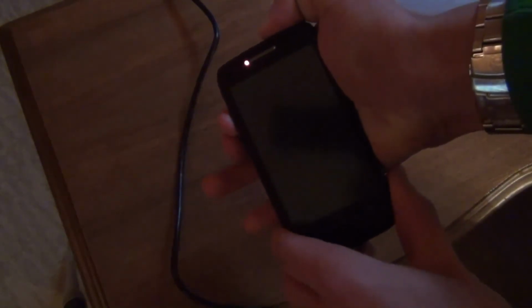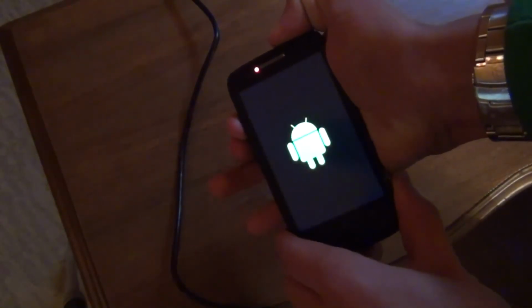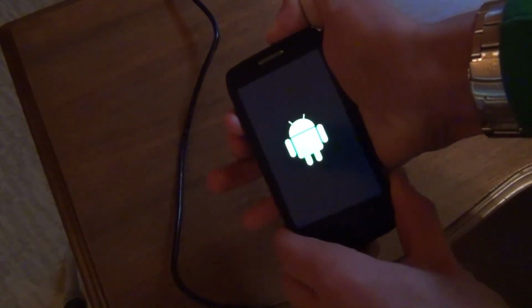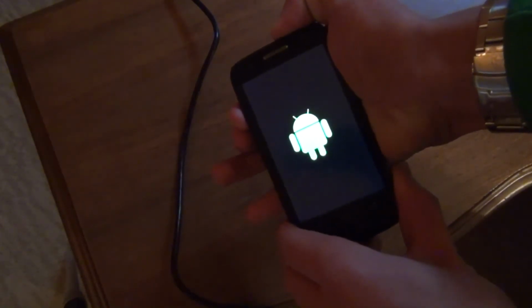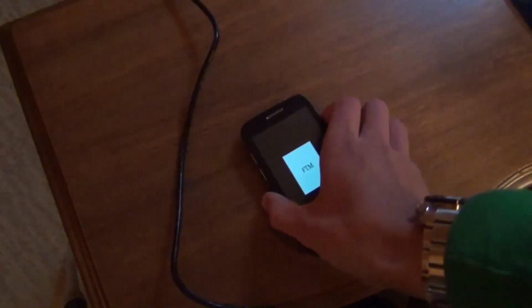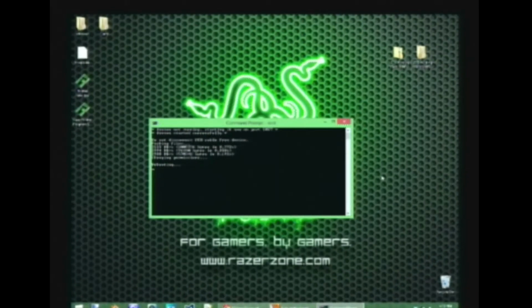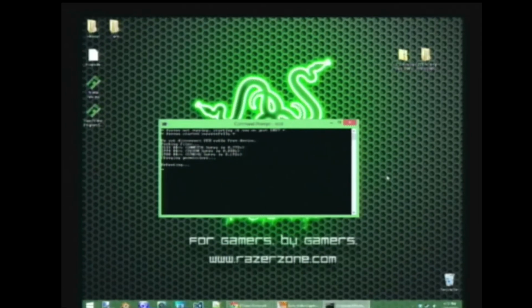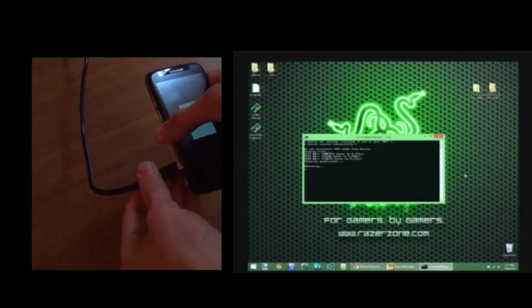So hold the power and volume up button until you see the FTM screen again. So now what you want to do, if you close command prompt, you'll have to start from the very beginning of this process again. But if it's still at this stage where it says rebooting, that's perfect. So now what we'll do, we just plug it right back in,